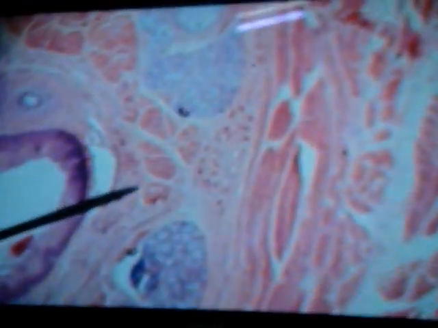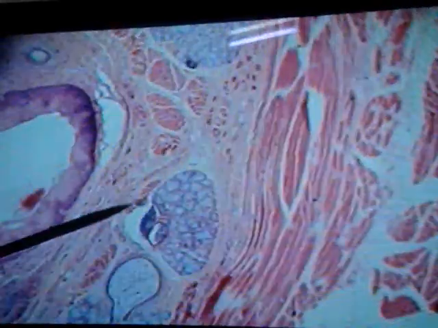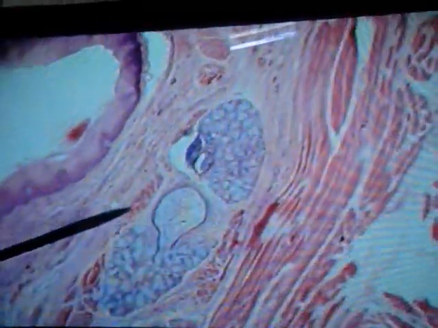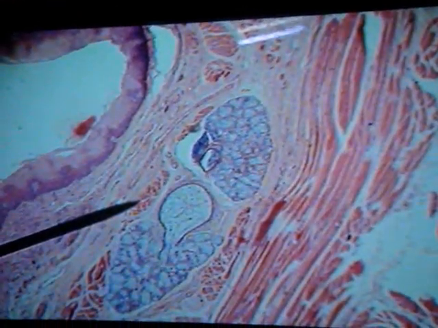Now, deep to the lamina propria, there is a layer of skeletal muscle which is lining the wall of the oropharynx. These are the skeletal muscle fibers. Sometimes when these glands are present here, they disrupt the muscle fibers, and some of the muscle fibers come just above the glands and appear to be the muscle fibers of the muscularis mucosa. They look like muscularis mucosa, but actually these are not, because the muscularis mucosa